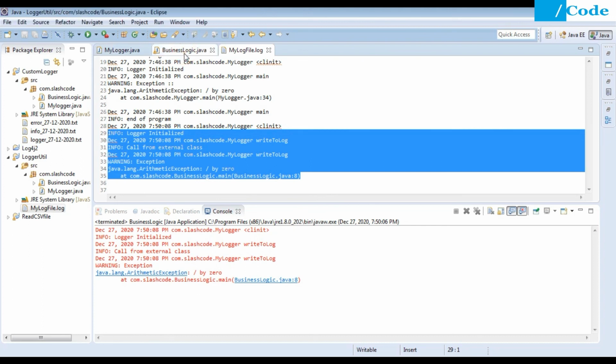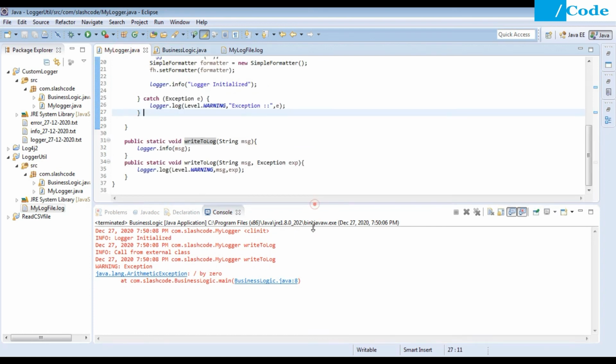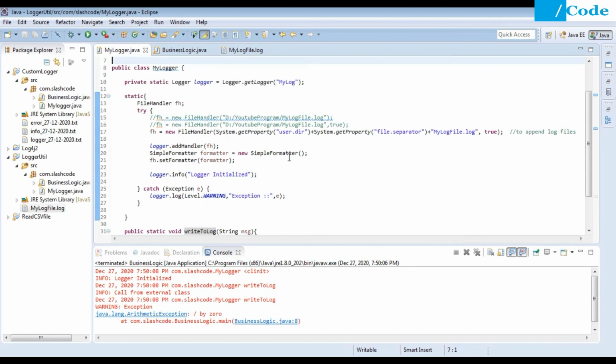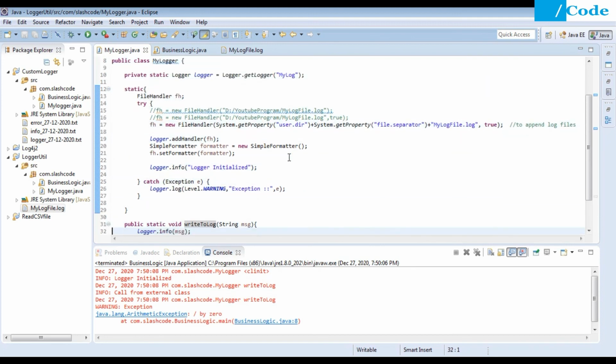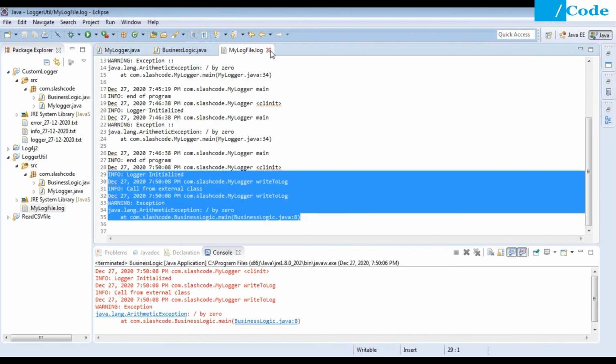So like this we can implement this logger functionality inside our application based on the requirement. You can implement it in multiple ways based on your requirement, and whatever the input, output, or format you want, you can define your own format. So I hope you understood this logic, and if you have any doubt, question, or suggestion, then please put it in the comment section. I will definitely reply, and I will also try to improve this. If you have any suggestion, that is also welcome here.